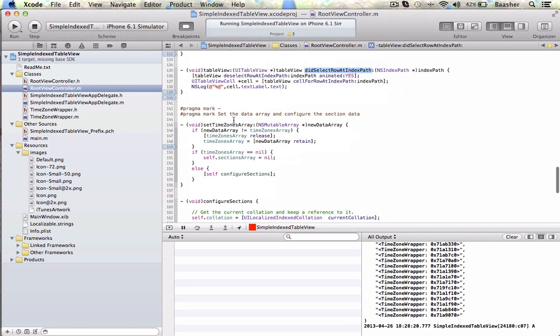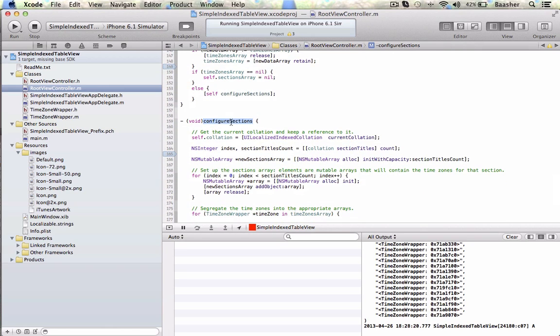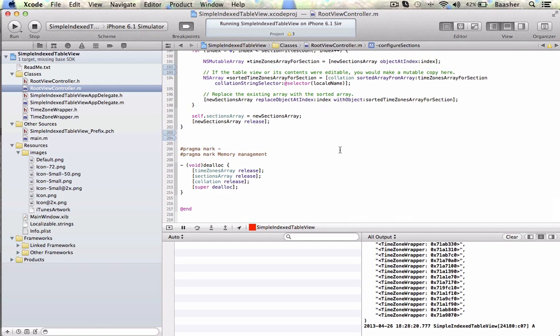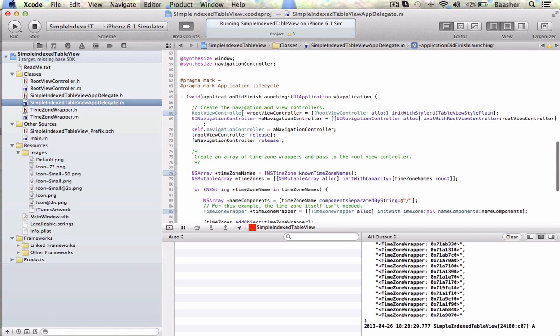We have set the data array and configure the sections method. I'm going to delve deeper into these methods in a second. Simple indexed table view app delegate, that is just application did finish launching, the general things, root view controller, navigation view controller, and